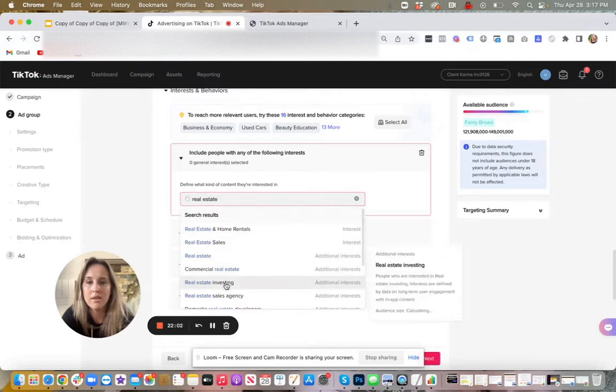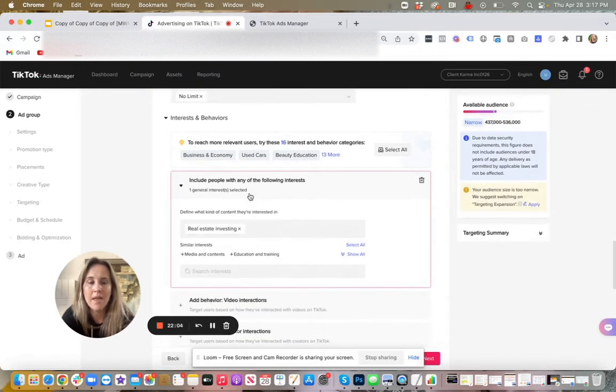So let's say real estate investing. Then up here, it gives you an estimate between narrow, balanced, and broad. I like to kind of shoot for balanced, so I'll add some more interests in here until it gets to balanced. If not, they recommend switching on the targeting expansion, and a lot of times I'll do that.